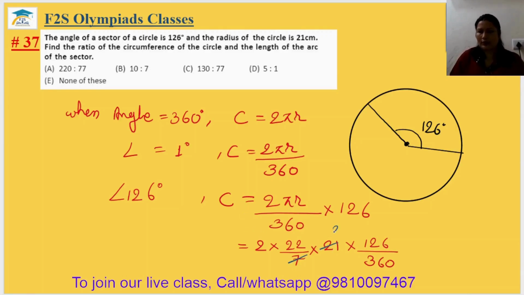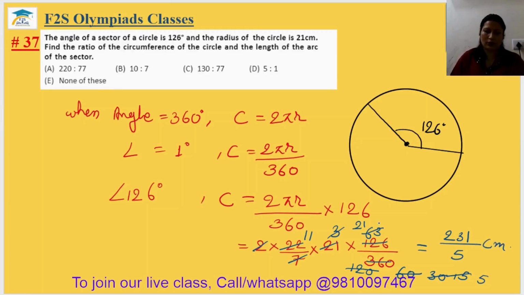And it is your 7 3s are 21, 3 12s are 36 and 2 60s are 120. फिर ये 2 से हो जाएगा 2 11s are and 2 30s are, फिर ये हो जाएगा 15s are and 2 6s are 2 3s are. तो 63 multiply by 11 upon 15. अच्छा, one more time we can do. 3 से कर लो इसको. 3 2s are 3 1s are and 3 5s are. ठीक है, तो it will be your 21 multiply by 11, that is your 231 by 5 centimeter. ठीक है, तो this is the circumference we found.